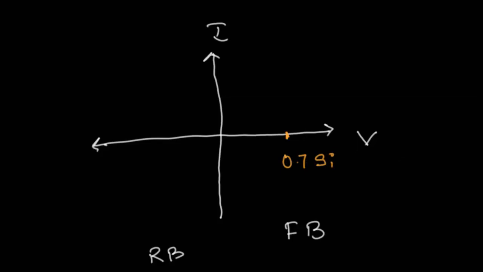So let's remember that in forward bias, when the voltage reaches a particular point, that is the forward bias voltage, which was 0.7 in case of silicon, there is a sudden increase in the current. Why? Because the charge carriers have sufficient energy to cross the potential barrier and allow the flow of current. So we have little flow of current till 0.7, and then we have a good flow of current as it reaches the 0.7 voltage supply. Similarly, for my reverse bias, we just saw that there is little flow of current, and as the voltage is increased to the breakdown voltage, there is my avalanche effect and there is a flow of current in the reverse direction due to the minority charge carriers. So this is the avalanche effect.